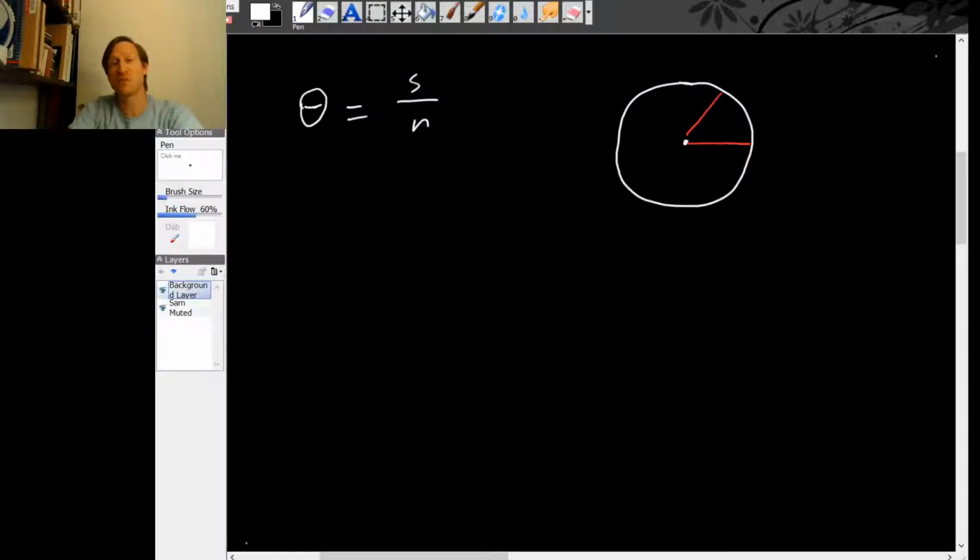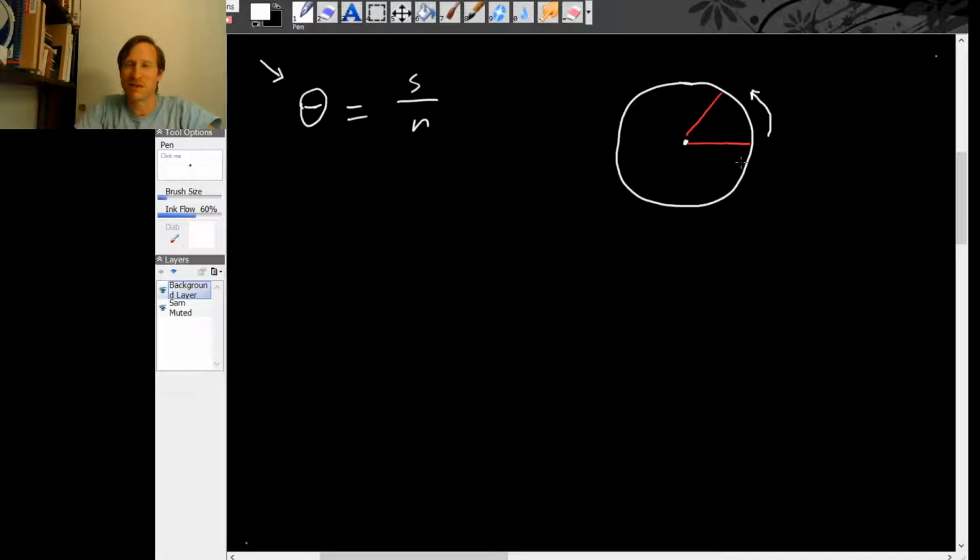It turns out there's even more we can get out of the definition of radian angle measure. So here's the definition of radian angle measure. An angle theta in radians is s over r, where s is the arc length and r is the radius. But imagine that how all of this comes about is we have a circle that's rotating, say counterclockwise, just to